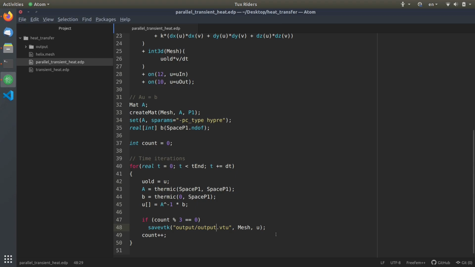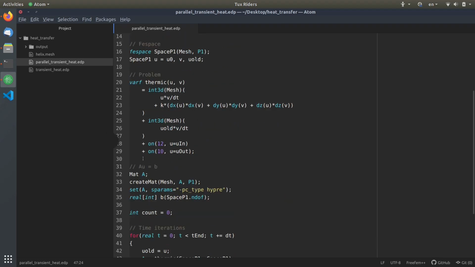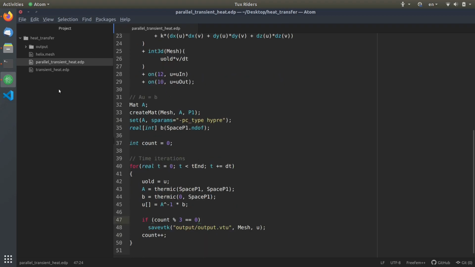There is something very important here, but for now I will run the code, and then we will discuss it. So this is really the skeleton, a very important skeleton that is the basis for all the parallel problems inside FreeFEM, and this is for a time-dependent one. And now we are ready to